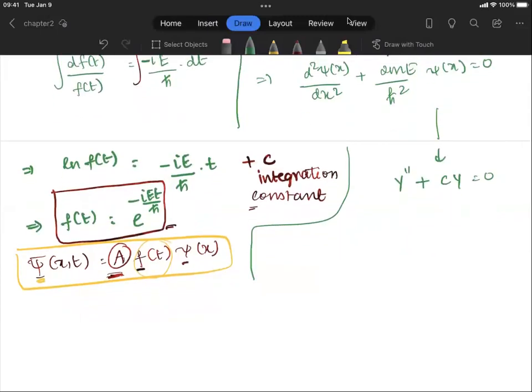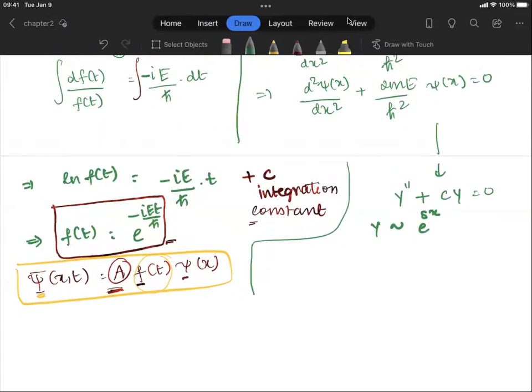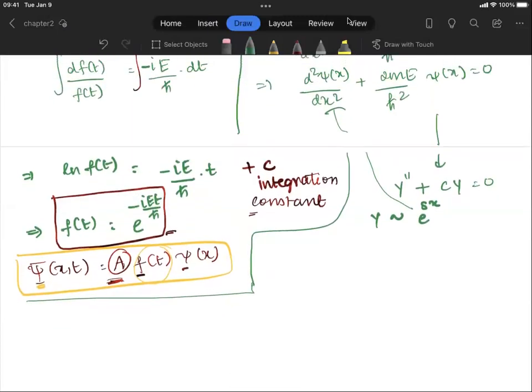And in general, a solution to an equation of this form is going to be something like e to the power sx. Now, if we plug this in here, the second derivative would be s squared e to the power sx, plus